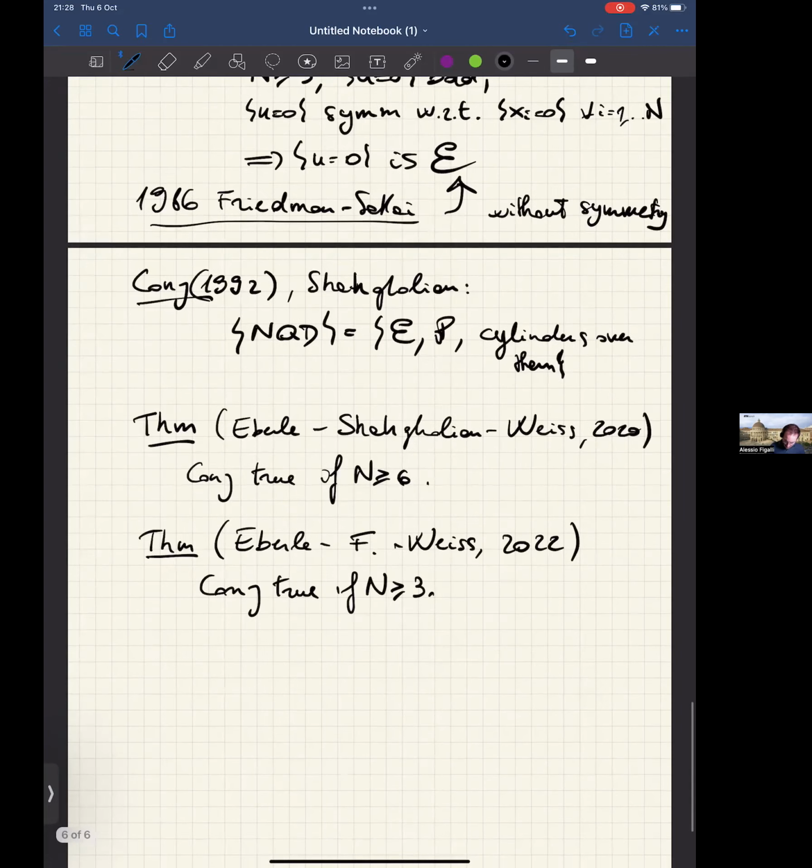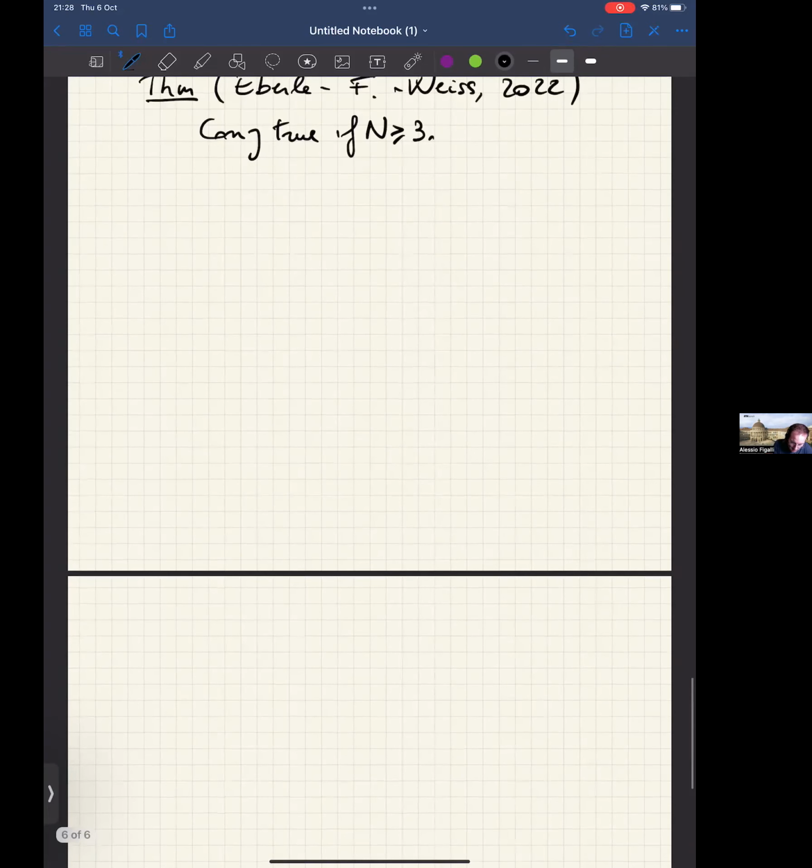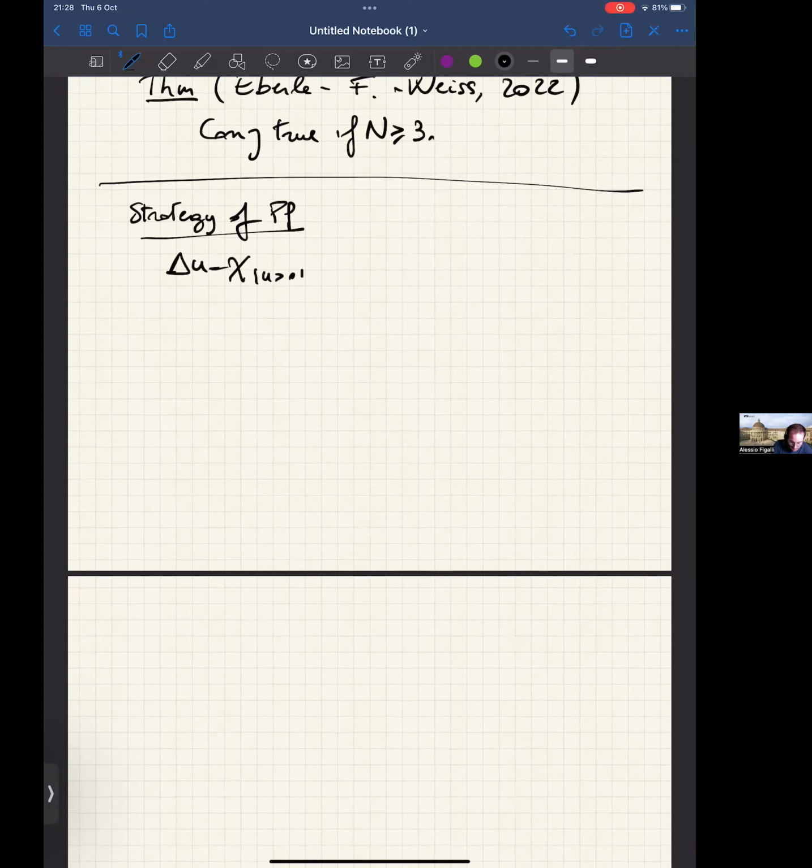Okay, so what do you have to do? Let's say the strategy of proof. We have our function, Laplacian of u equal characteristic of u positive, u non-negative, and we are in R^n, with n greater or equal than 3. Without loss of generality, we can assume that no partial derivative is identically 0. Because what does it mean? If one partial derivative is identically 0, it means that our function is invariant in one direction, so u is independent of that direction,